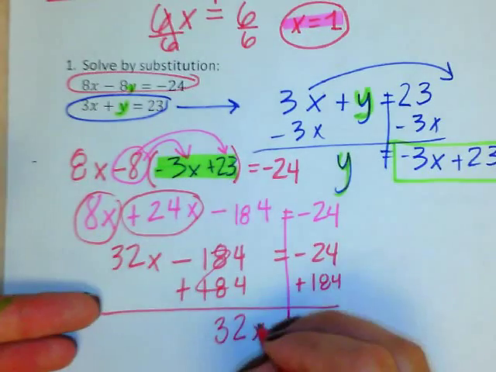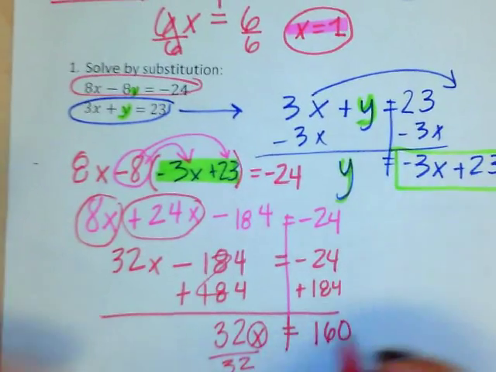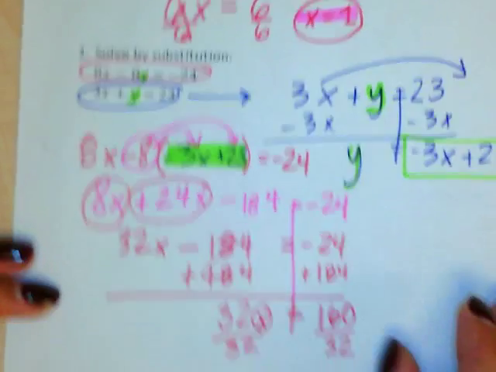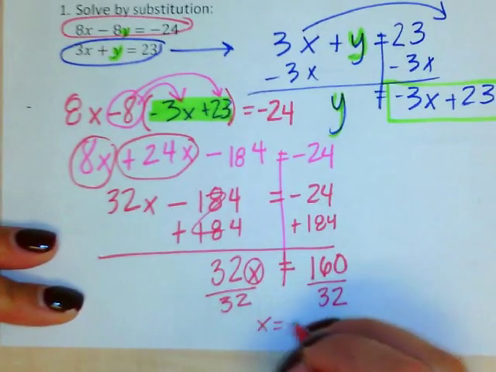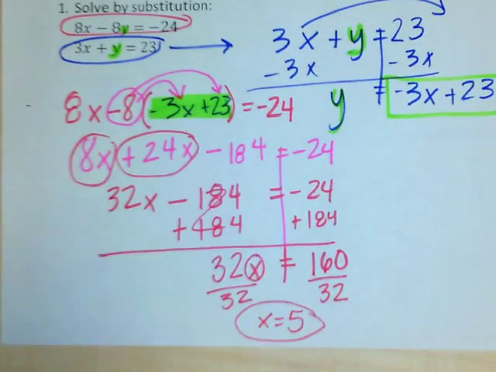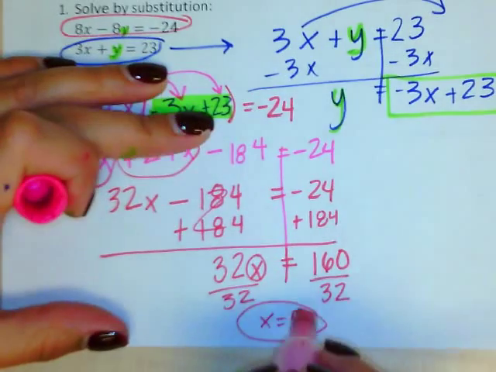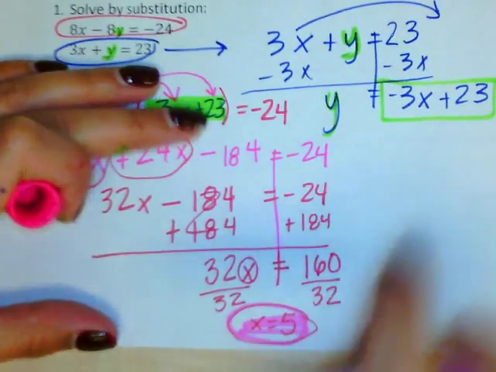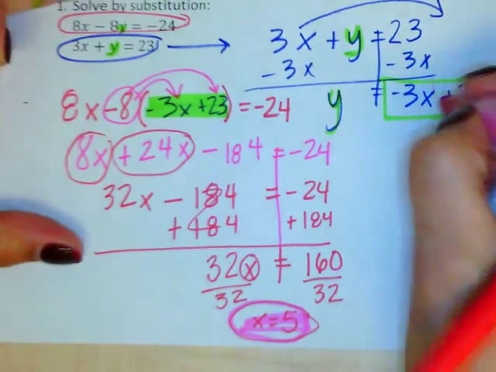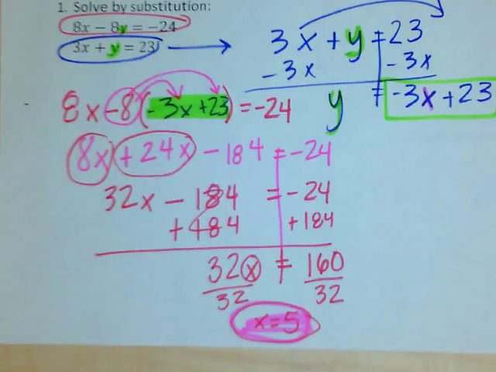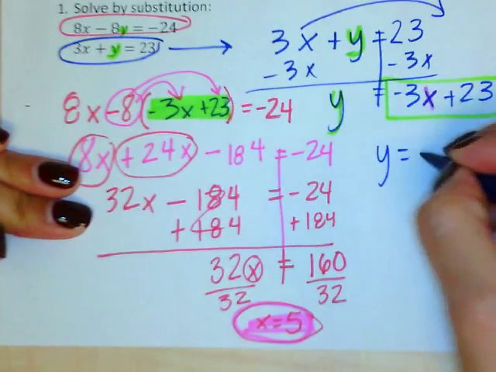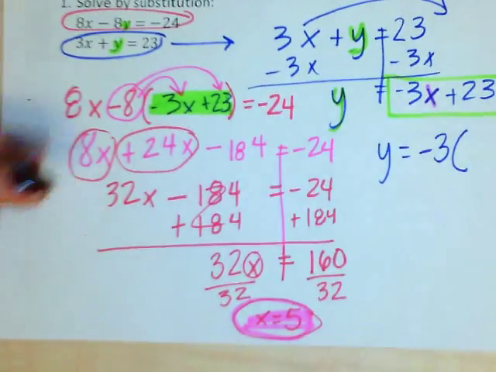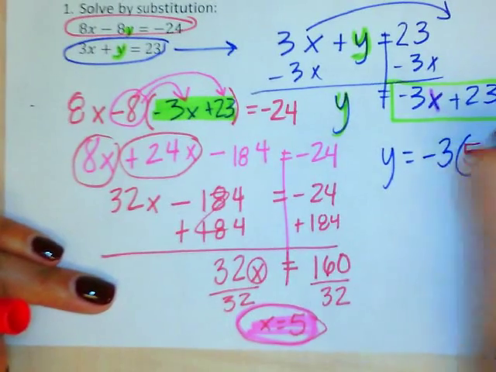And now my last step to have x would be to divide by 32 on both sides. And x equals 5. Okay, so now I have the value of x, and it equals 5. So now I'm going to go to this original one over here that I have as y equals and substitute in now for x. So I'm going to write it again, y equals, and instead of the x, I'm going to plug in the value that I just discovered x to be,